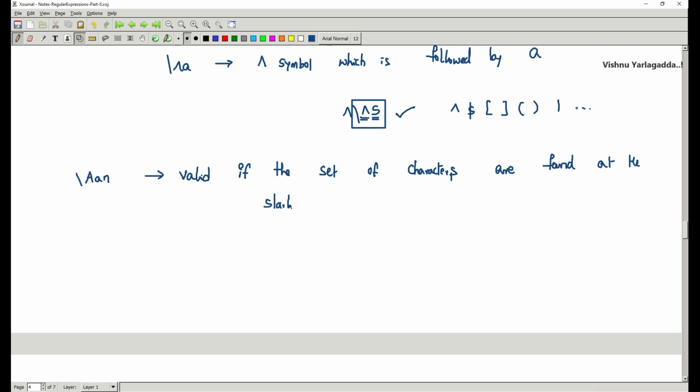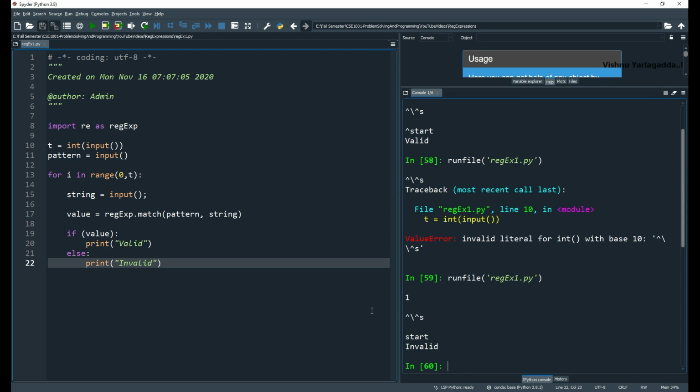Otherwise, invalid. For examples: an eagle, valid. Anthony, valid. Tangent is invalid.